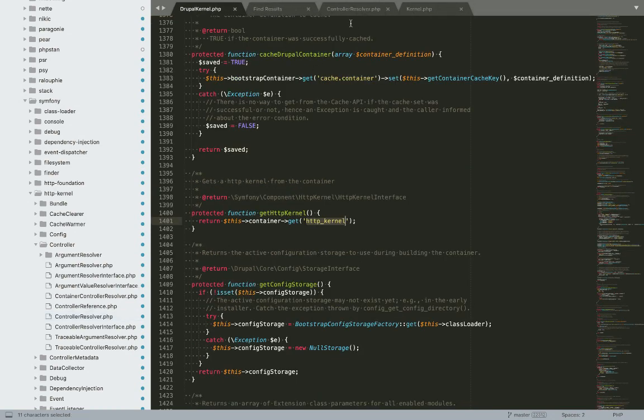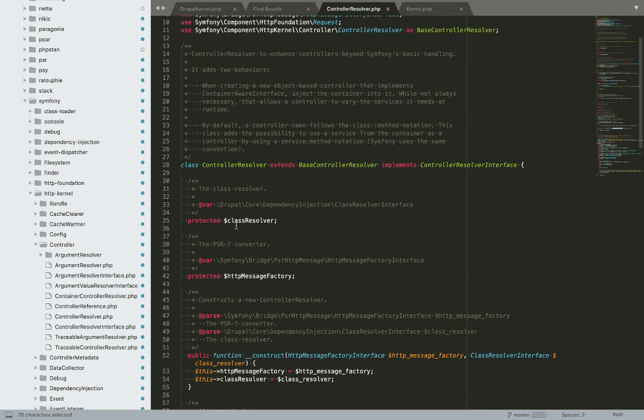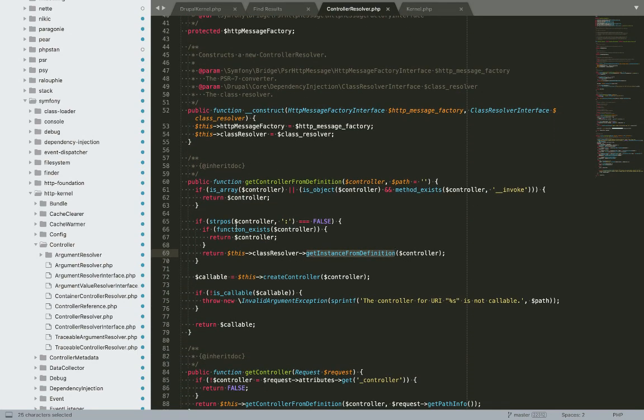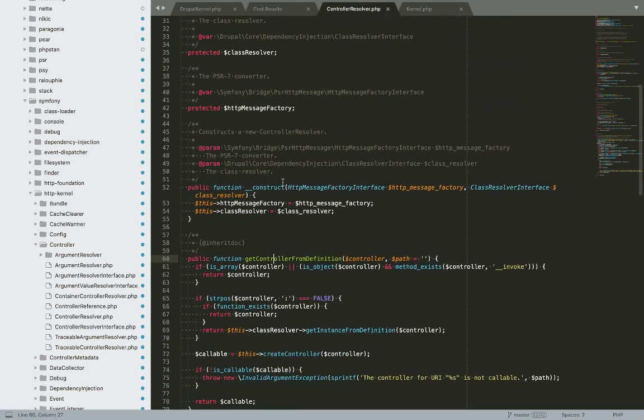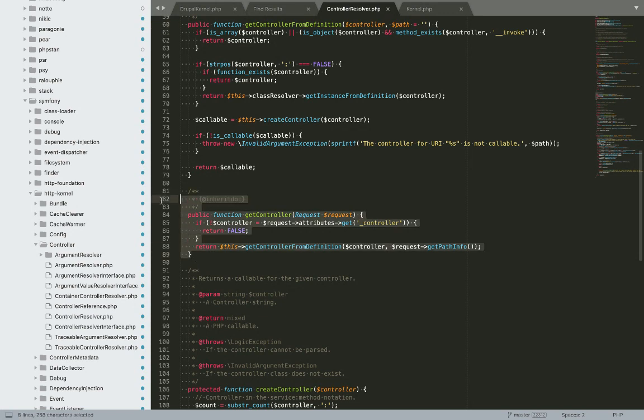In Drupal, we have a controller resolver of its own, because Drupal overrides some of the functionalities of Symfony based on its requirements. To determine which controller it should pass the request to, the controller resolver uses a function called get controller, to identify which controller it should use to generate the response.